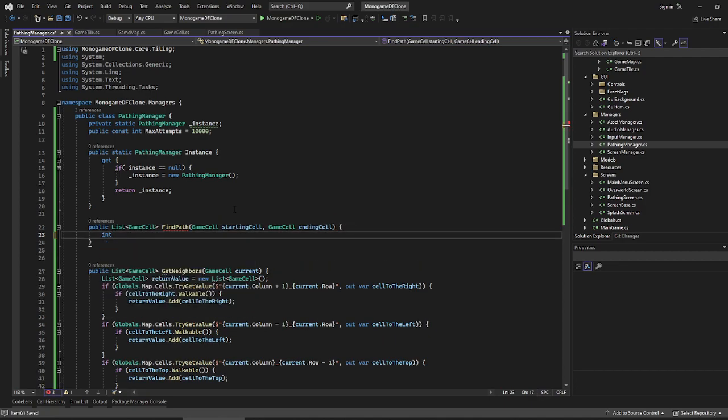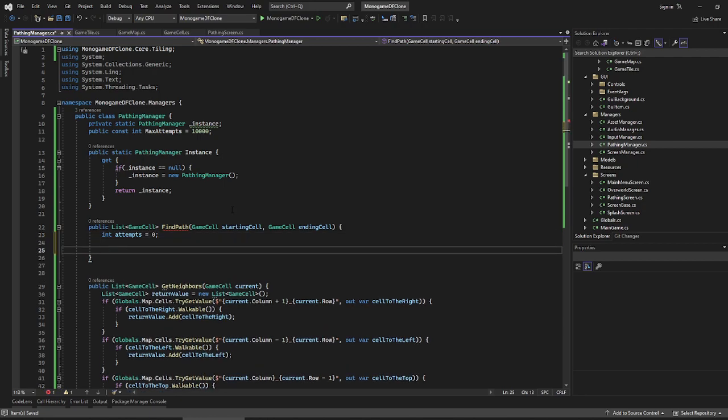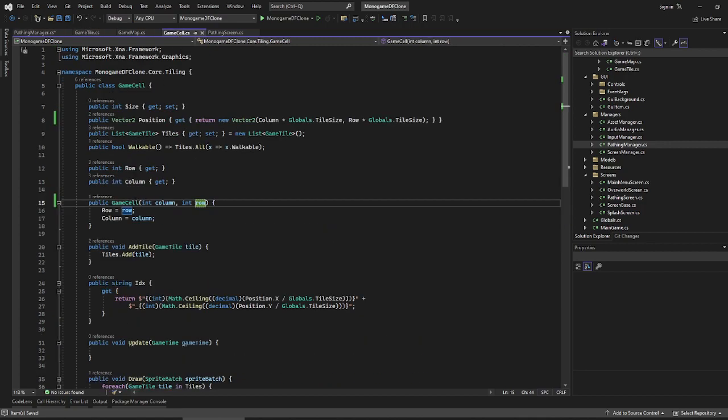And you track how many attempts we're making here. So attempts currently at 0. So now we need an actual method here that's going to... what am I thinking of? Set the actual neighbors. So currently I don't think game cell does that. No. So we just need to basically update the game cell here